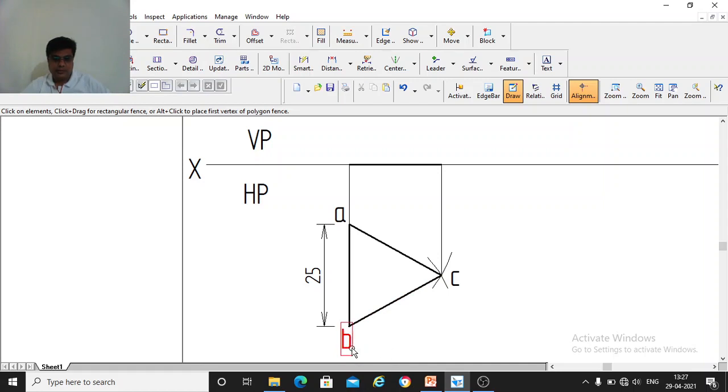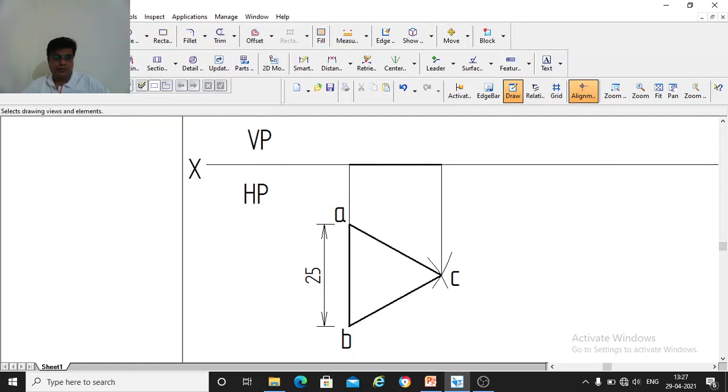So what you can see, when you see from the front, corners B and A will be projected here. So this point is B and A. When I see from the front here, this C will be this point. Okay. So since you are seeing from the front, from this side, you can see B first, and A is behind B. So the front view will be a dash and b dash.